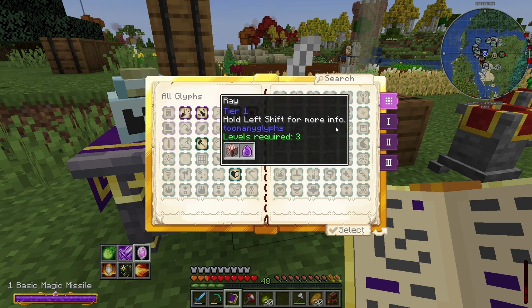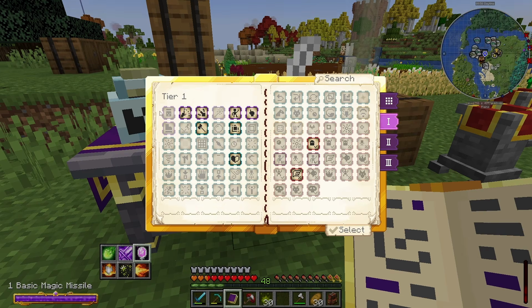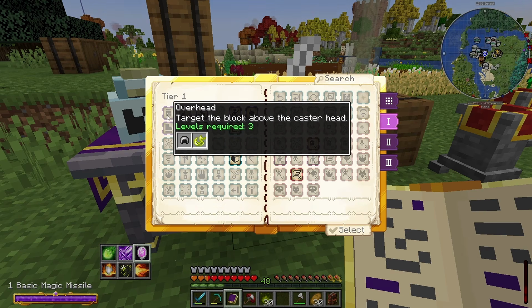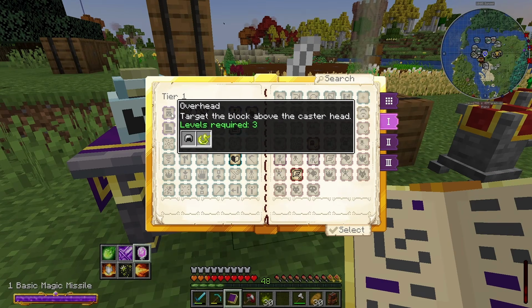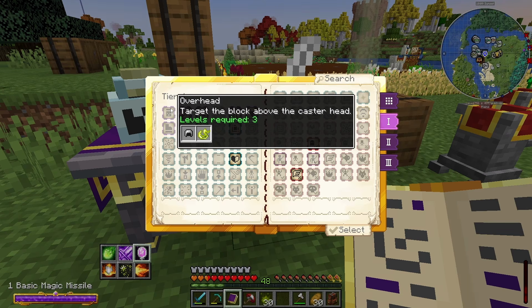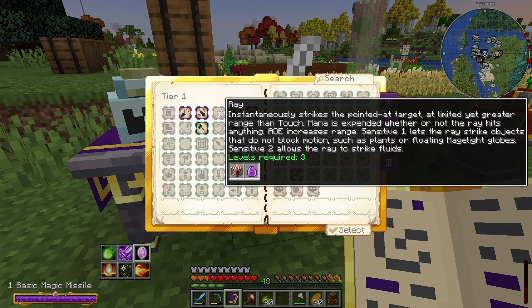Okay, so we can see all glyphs. Let's look at tier 1, because those are probably the only ones we'll be able to afford. The overhead magic in some sort of essence targets a block above the caster's head. I mean, if we were going to do that with, like, target above ray break or something like that, it would be a quick tunnel out. Ray instantly strikes pointed at targets, at limited yet greater range than touch. Mana is expended whether or not the ray hits anything. AoE increases range. Sensitive 1 lets the ray strike objects that do not block motion, such as plants or floating mage